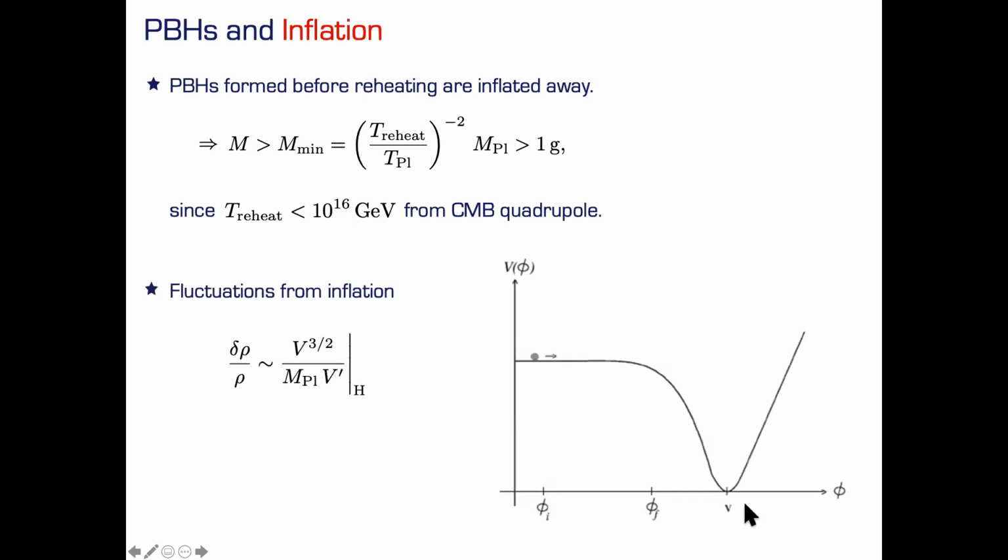I'm sorry, why would that be a problem if they're diluted away and you make some big black hole that spreads out and you still have them? Well, okay, it depends. If you're super close to the end of inflation, probably this dilution is not so strong, but generically it goes quite quickly to an abundance which is not notable. Are you talking about the baryonic matter being diluted or the black holes being diluted? Black holes.